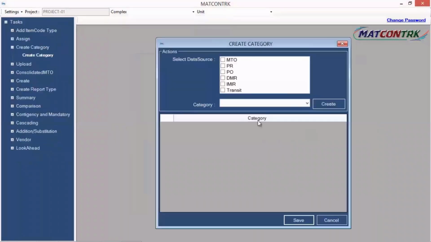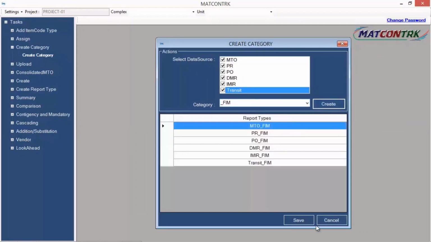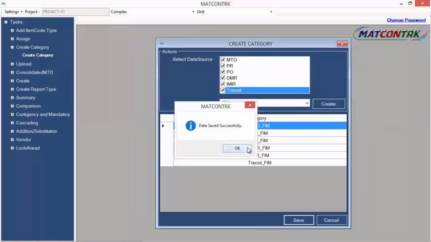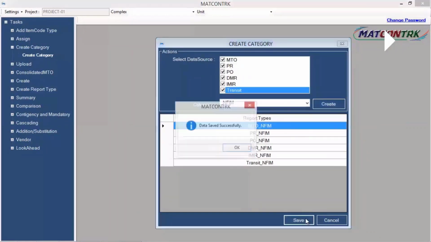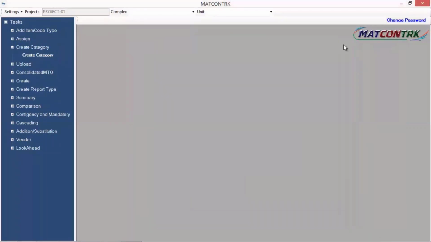Now next, defining of the categories. These categories are like the procurement categories, especially with respect to the receiving of the material or the issuing of the material by category, like free issue or not free issue. There are chances that some of the materials might be coming from the consultant or the owner companies. So in that case, I will also define here the category like free issue material.